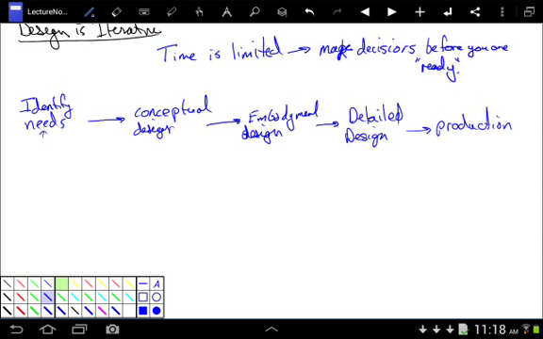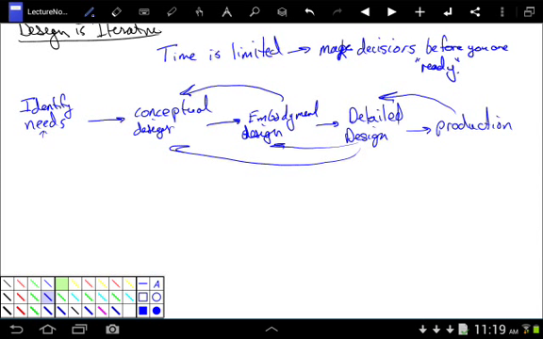However, because you're doing things as quickly as possible, you get into embodiment design and you realize that this conceptual design that you chose can't quite get all the features that you want, so you have to go back to conceptual design. Maybe you go back through embodiment design, you get to the detailed design, and you realize, well, a beam isn't going to work here, we have to use some kind of truss system, so you go back to the conceptual design or back to the embodiment design. You're constantly going back to fix things and change things,